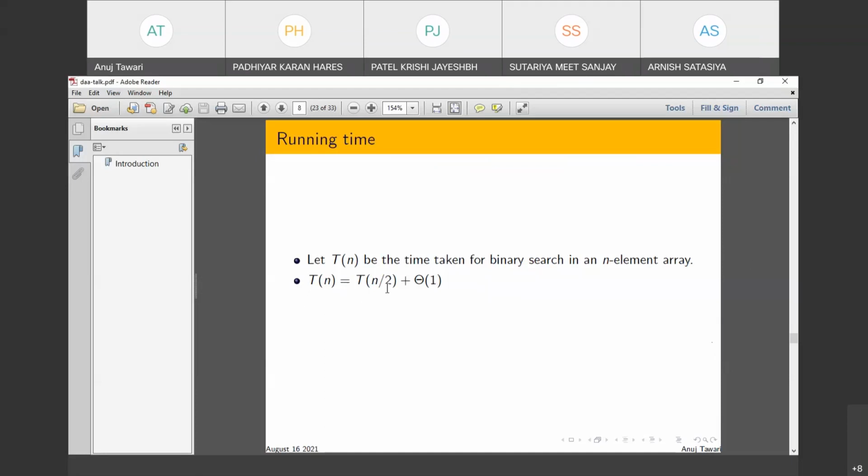So here T(n) equals T(n/2) plus theta of 1, right? So you know how to solve this recursion, right? You can use your favorite method. In this case, I think the recursion tree method will work the best. So at every time you are dividing by 2 and otherwise it is just a constant. So all this recursion will run for how many steps? If n is equal to 2 to the power k,